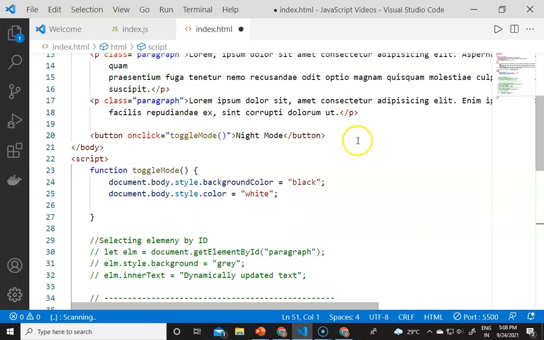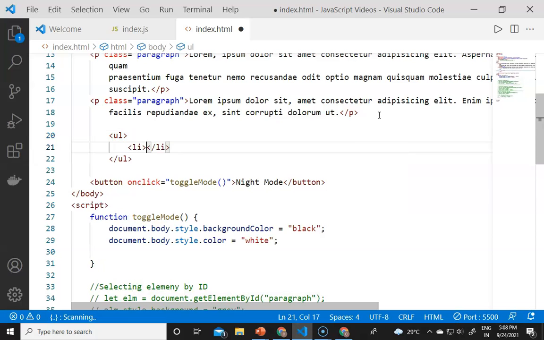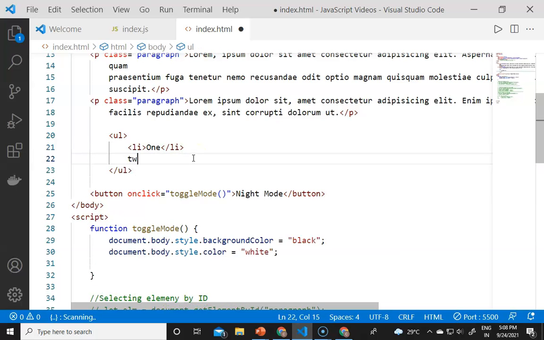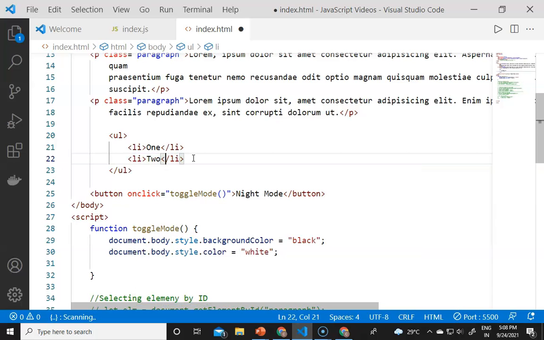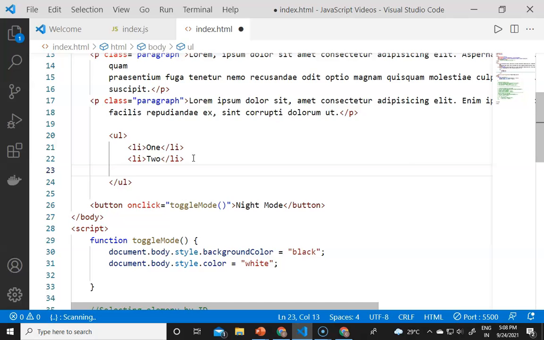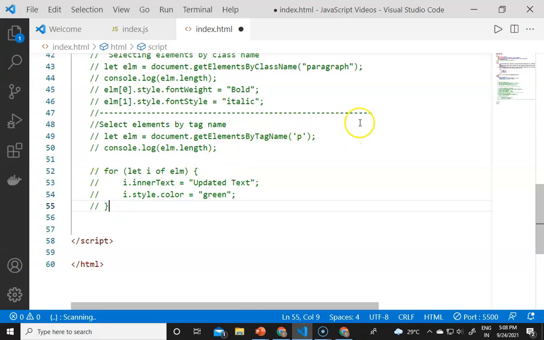then I will declare a new list below the button, like the UL, and inside this it will be the LI. So I will declare 1, then another LI, 2, and again LI, the 3. Now if I go here and create a new tag here like this,